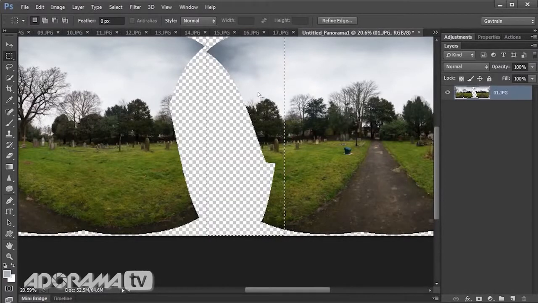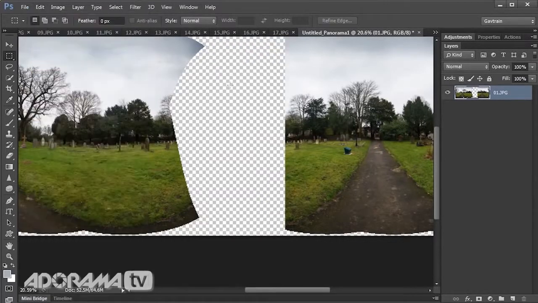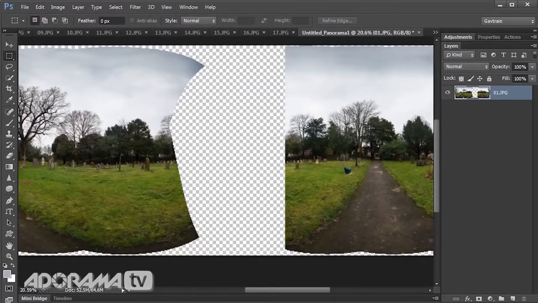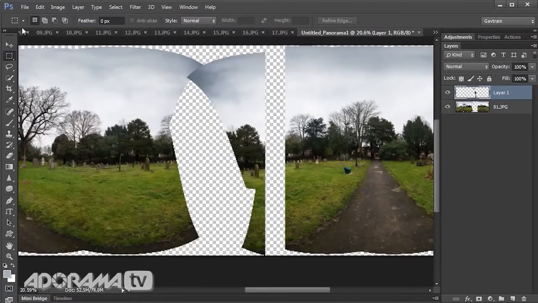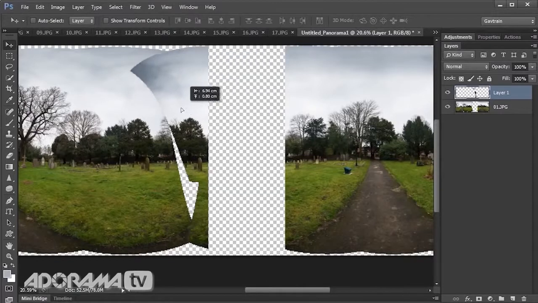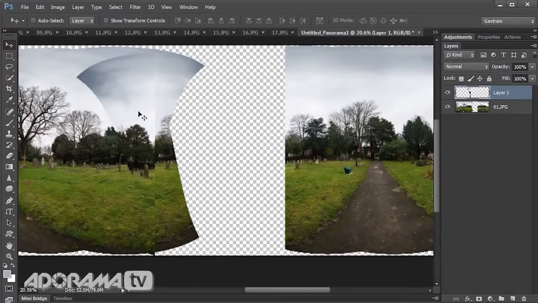So that's enough of an area just to copy and paste across, and I'm actually not going to copy. It's going to be Edit and Cut, because what I want is a very clean edge, and then Edit and Paste, and there's another clean edge,